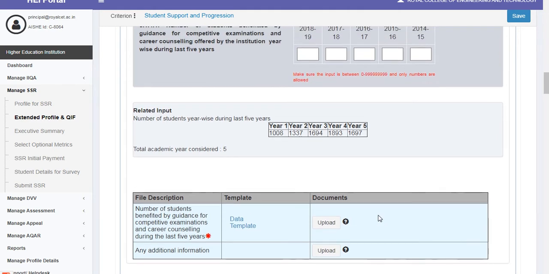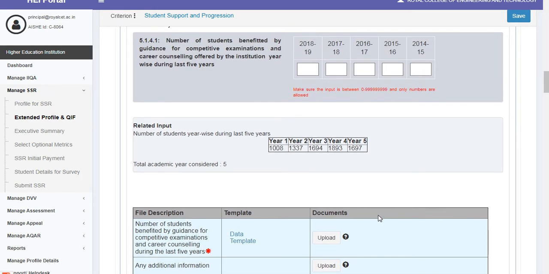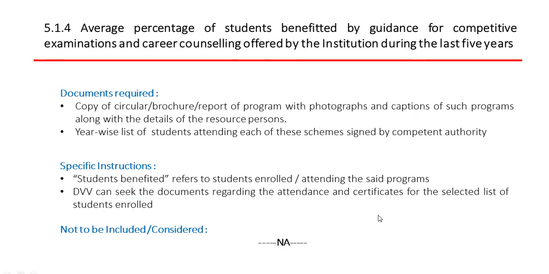Now let us see what are the documents required and specific instructions of this metric. The documents required for verification of data is copy of circular or brochure or report of program with photographs and captions of such programs along with the details of the resource persons, year-wise list of students attending each of these schemes signed by competent authority, and the specific instruction says students benefited refers to students enrolled or attending the said programs.